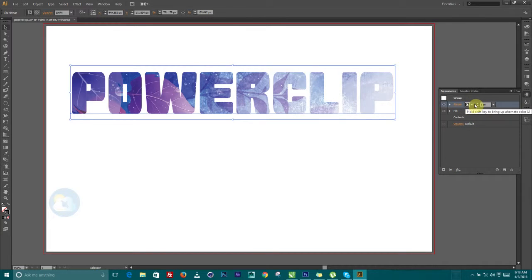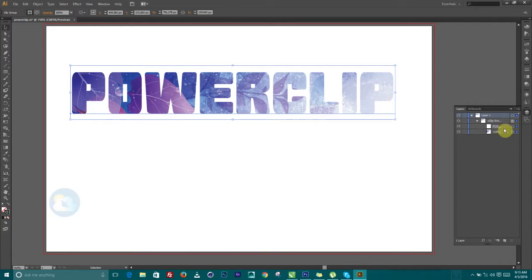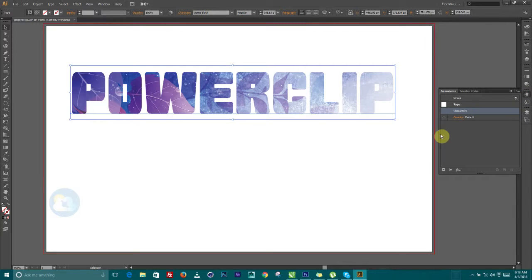Then I can increase the number of the stroke. Now the stroke is not visible, kind of, so what we can do to solve that is to select our text. So we apply the stroke on the power clip text. Come over to this place, and there we have it. You can see the stroke.